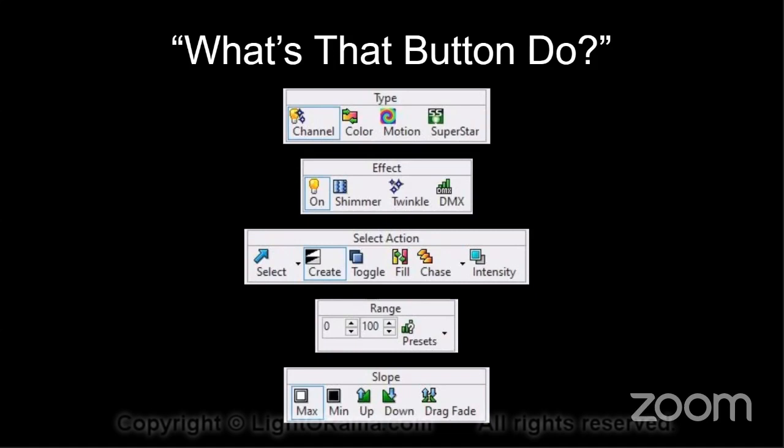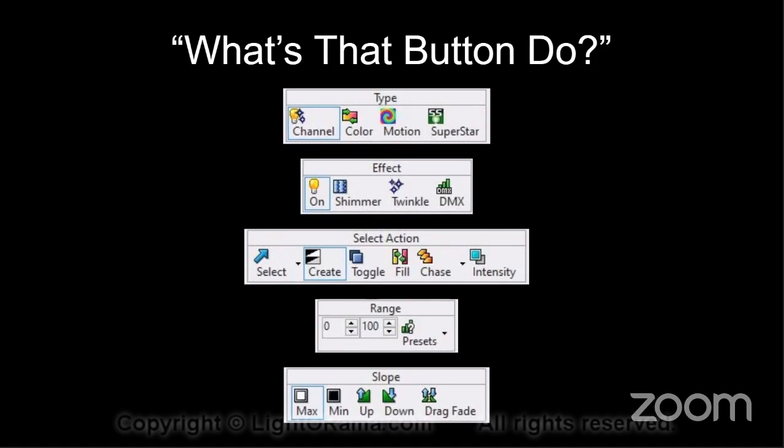That color symbol, you're used to that from S4. That was when you could go ahead and make color fades with RGB effects. That's another option for type. The 3rd one is to create motion effects for RGB lights. So if you pick that, you will see a menu very similar to the pixel editor if you ever use that feature. And if you click Superstar, that will allow you to connect over into the Superstar program and bring